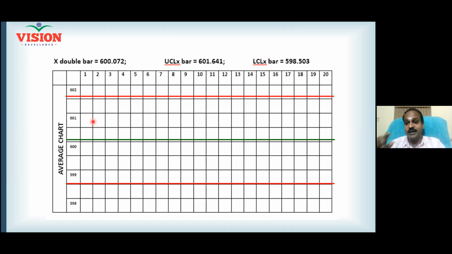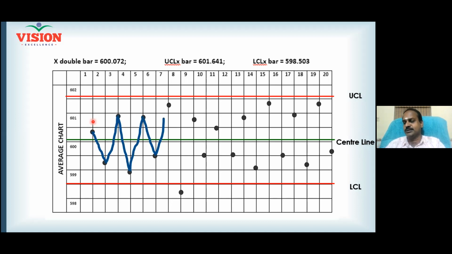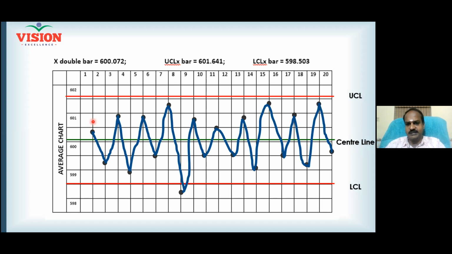That is why earlier I told you, even if one point is going out of the control limit, you must take it seriously. Right? First point, center line, upper control limit, lower control limit. First point, second point, third, average of the fourth subgroup, 5th, 6th, 7th, 8th, and I plot everything one by one. All the points are plotted. Now I connect 1 to 2, 2 to 3, 3 to 4, something like that. Now tell me, is your process stable or statistically in control? No. Out of control. Because the 8th subgroup has fallen below the lower control limit. So you understood your process is not under control. Tell me, what will you do if this happens in your workplace?